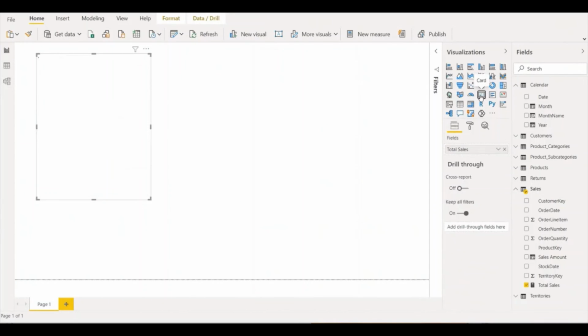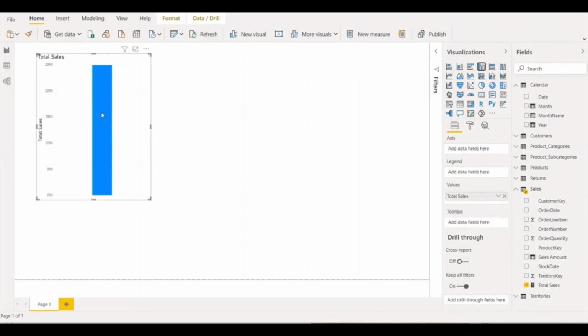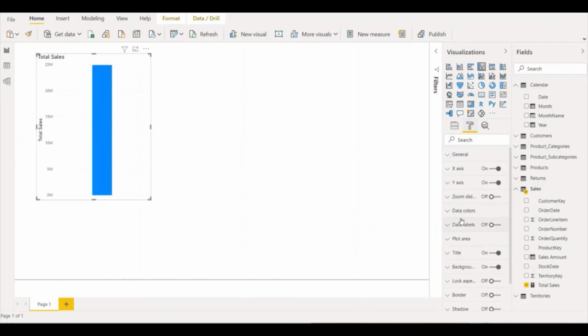Using the card visualization you can see 24.91 million. If you want to see a chart, you get a chart based on the visualization, and hovering on it you can get the numbers as well. We'll see the visualization part in a later session. I'm just showing you how you can see the total sales figure.